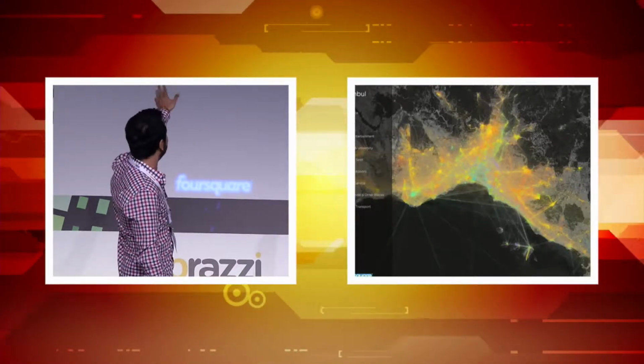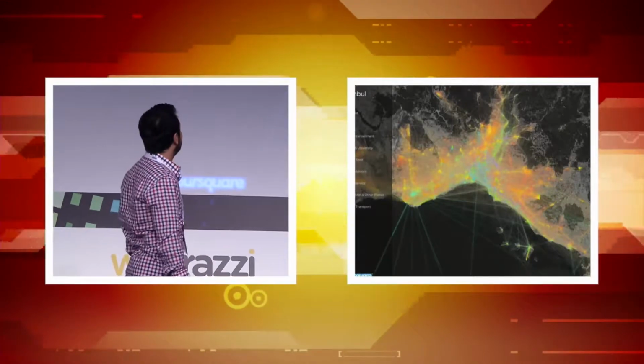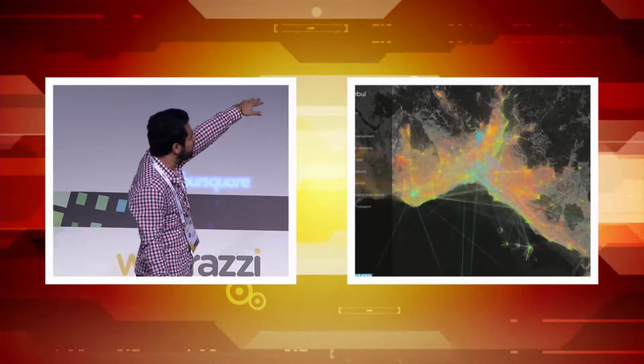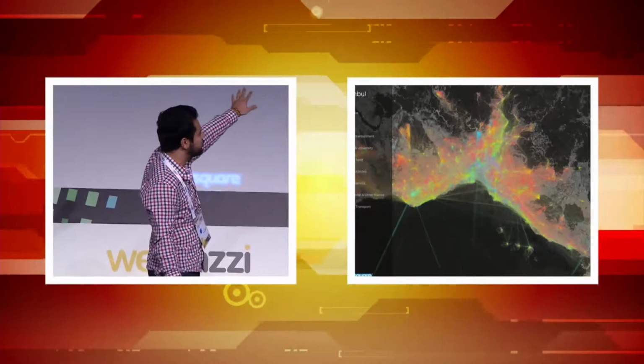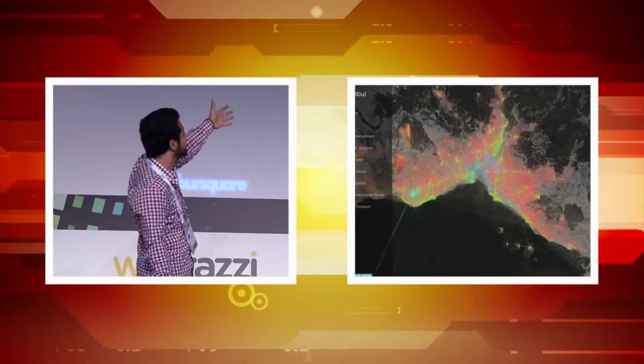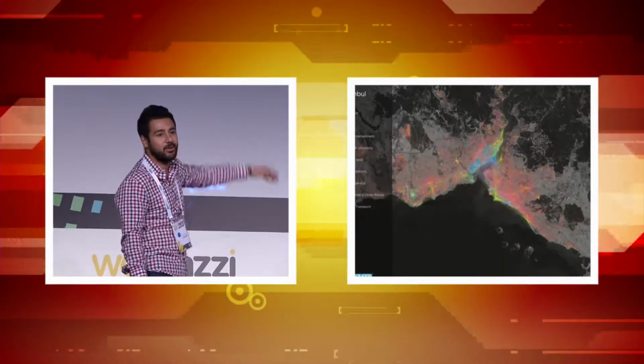And now it becomes noon. People are checking into food spots. You see the greens there, and then people checking into the outdoor places by the river. As it gets later, people start checking into red places, which are residences. They check into their homes. And as it gets a lot later, you see people checking into nightlife spots by the river.